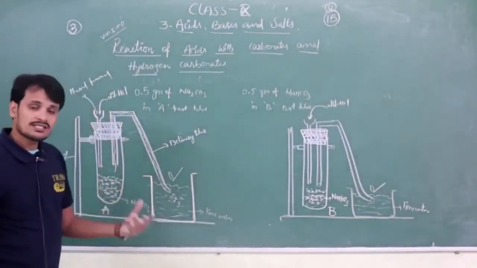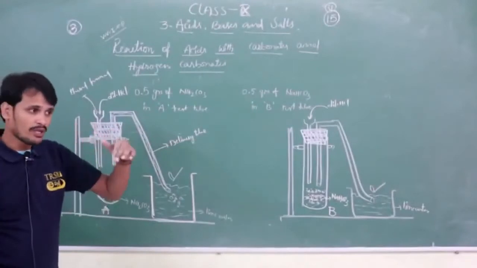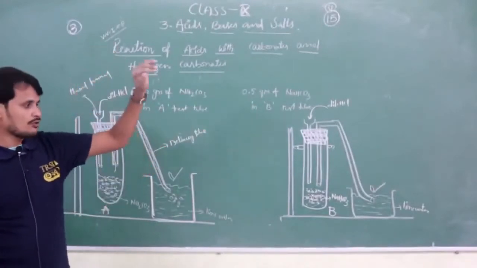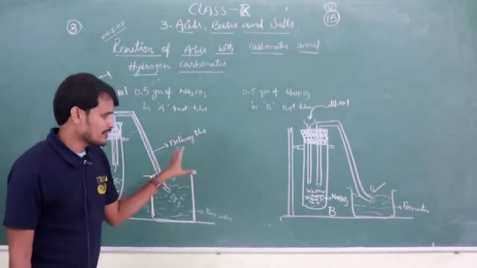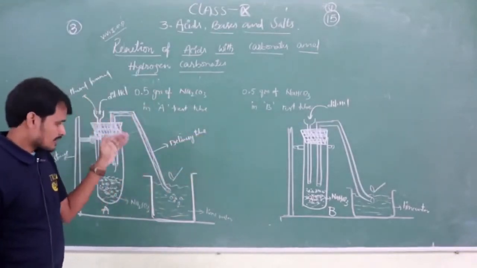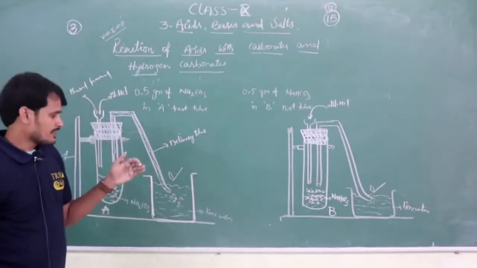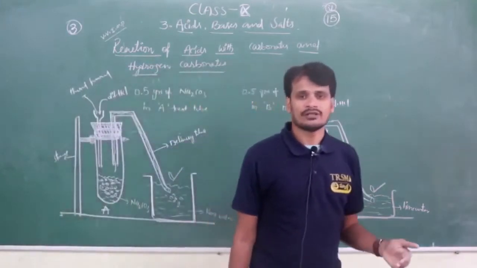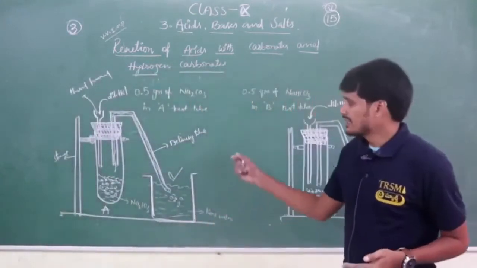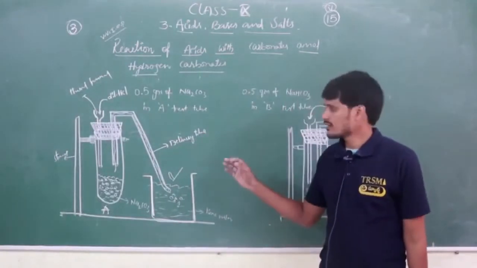When this turns milky white, definitely our answer is that the released gas is carbon dioxide. If not, maybe it is another gas. So let's pass that gas in, whichever gas is liberating in these two reactions. The gas enters into lime water, and observe what happened there. Definitely that lime water turns milky white. So what is our answer? The released gas is carbon dioxide.